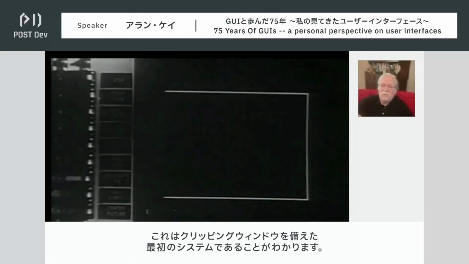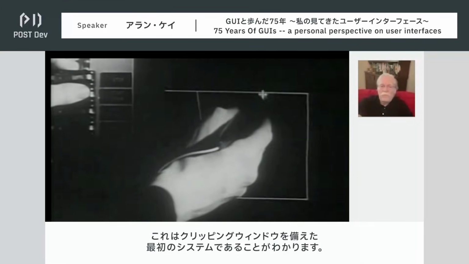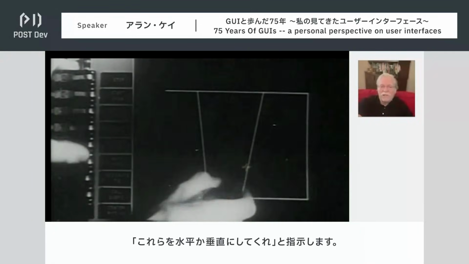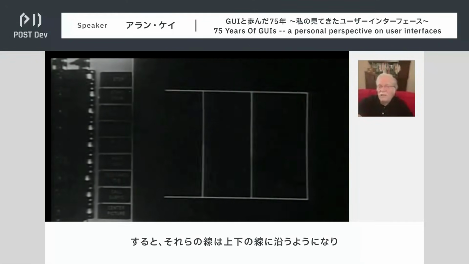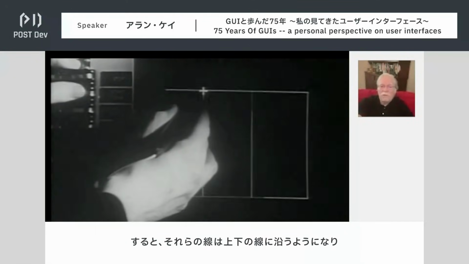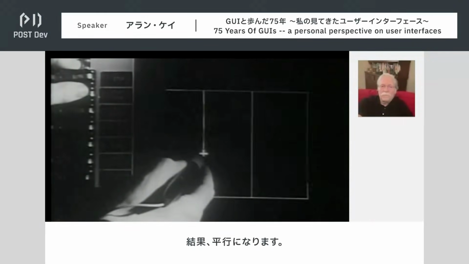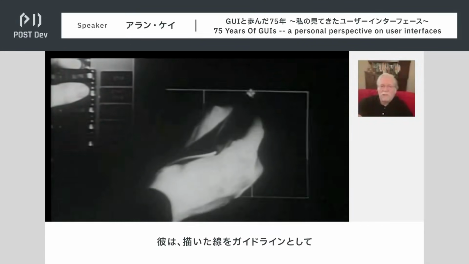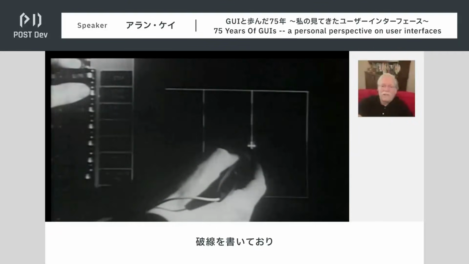And you can see this is the first system to have a clipping window. He's going to use the same trick here, say make these either horizontal or vertical. Notice they cling to the lines above and below them, so this makes them parallel. Now he's using these lines that he drew as guidelines to make dashed lines.